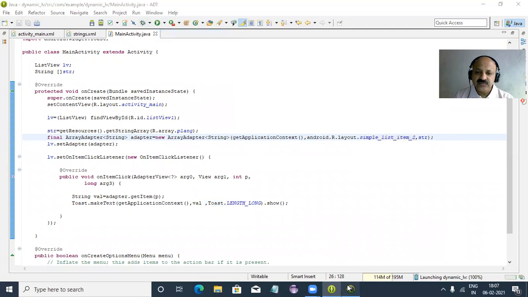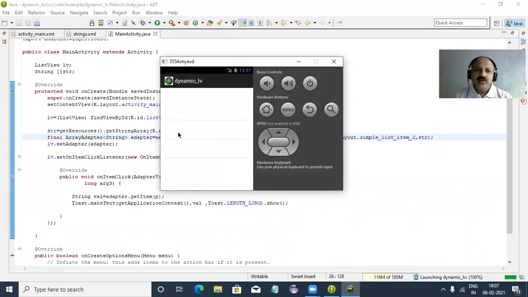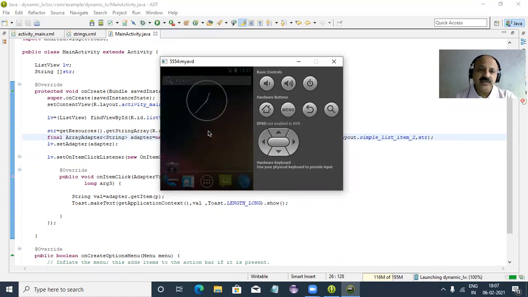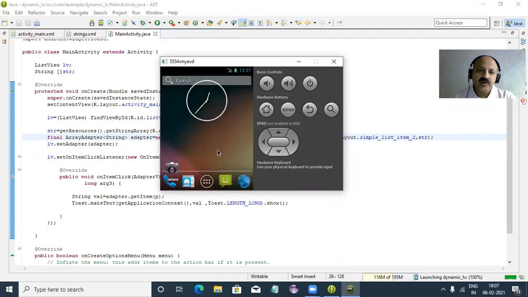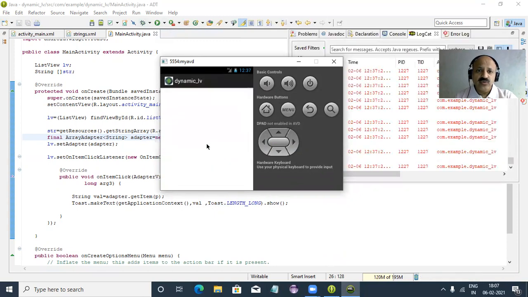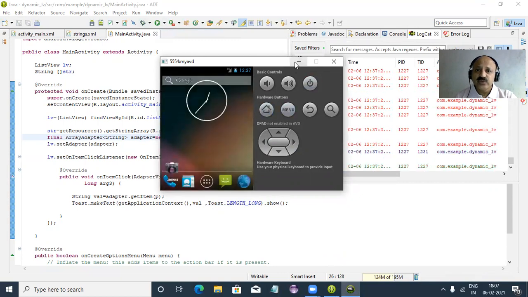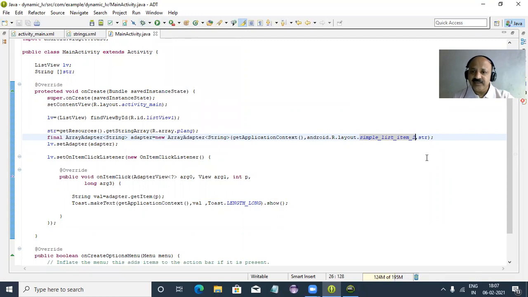So let us see whether it displays or not. So our coding and all are well, but the item is not visible. That is only a layout problem. So that is not our layout, but an inbuilt layout. So we cannot change anything. Yes, now it is, yes, not supported. So yes, why that error? Because item one is not supported, two is not supported, but we can take one.